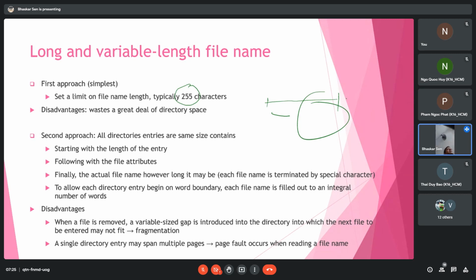Isn't it? So that will be a problem. So to address that issue, we had another option. And another option that we had was the second approach. But in this case, I must remind you that one of the problems that happens is that the problem will come from the name. So in a directory, we have the name and then attributes,